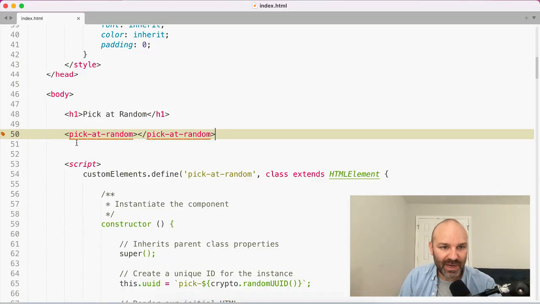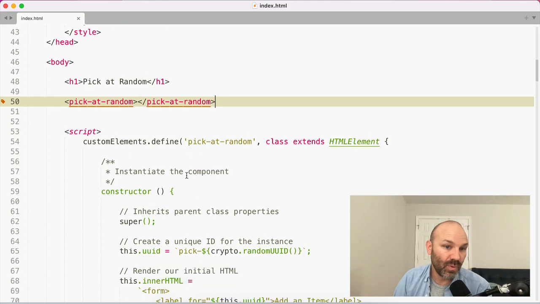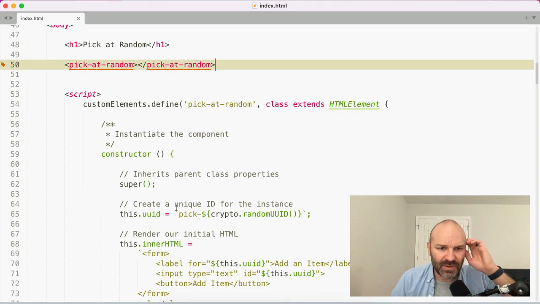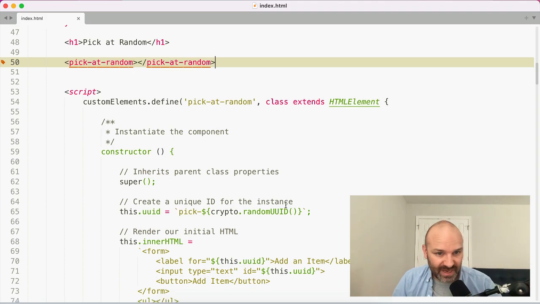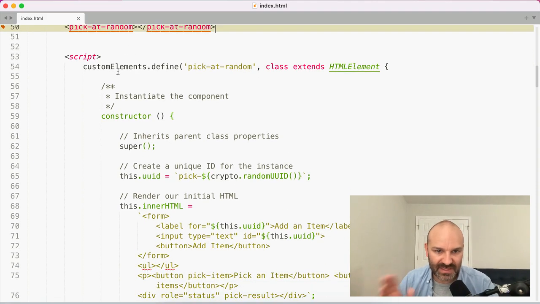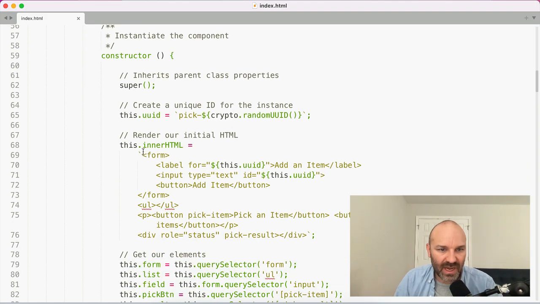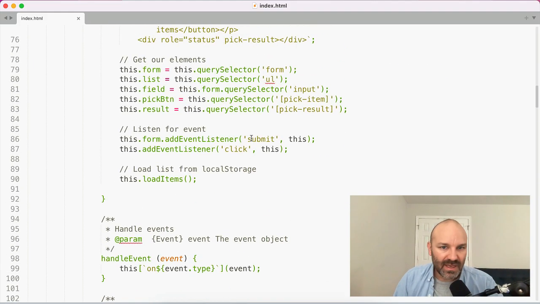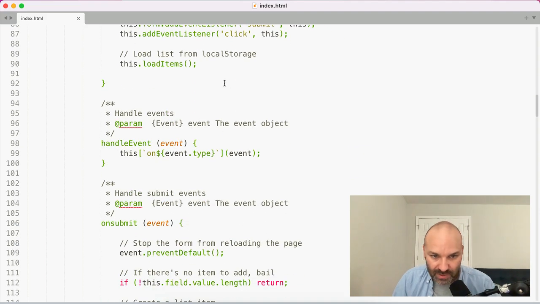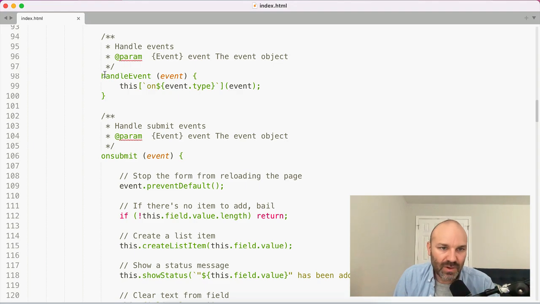And under the hood, this is powered by a custom pick at random element that, when the JavaScript on the page loads, spins up a new web component. In this web component, we are generating a random identifier just so that each one has its own kind of saved state. We need that for labels and things like that. We are generating some base HTML, grabbing some elements, listening for different events, submit events, click events, loading any items in local storage. And then when things happen, we are running our handle event method, which routes to the appropriate